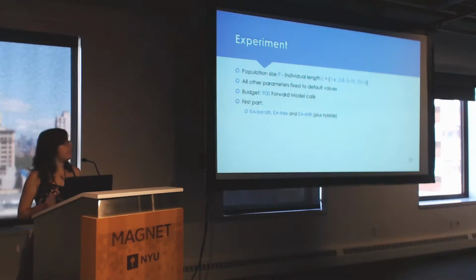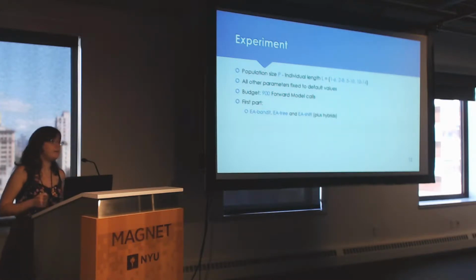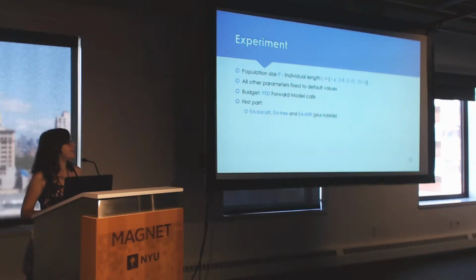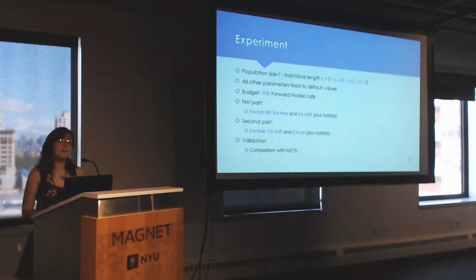So in the first part of the experiments, we looked at the first three, the EA Bandit, EA Tree, and EA Shift, plus all of their hybrids and their combinations together. In the second part of the experiment, some spoilers, don't mind those, we took the best algorithms from the first part, which turned out to be EA Tree and EA Shift, and we added to those EA Roll. And finally, we validated against MCTS to see if this is actually any good, and we are achieving our purpose